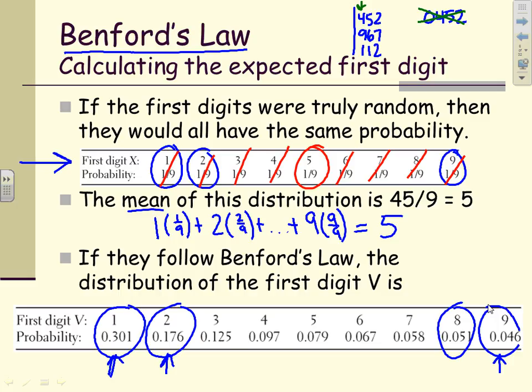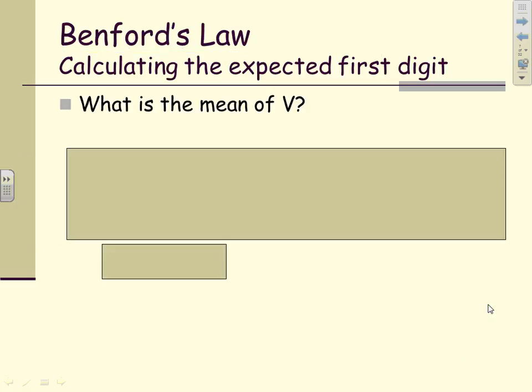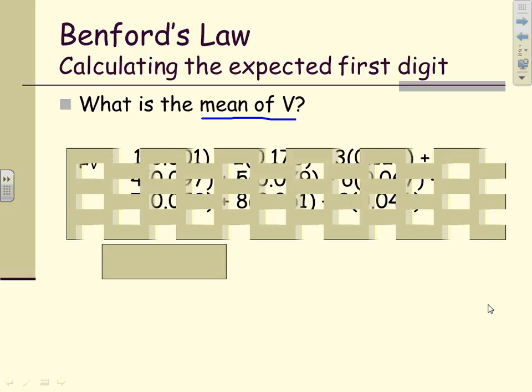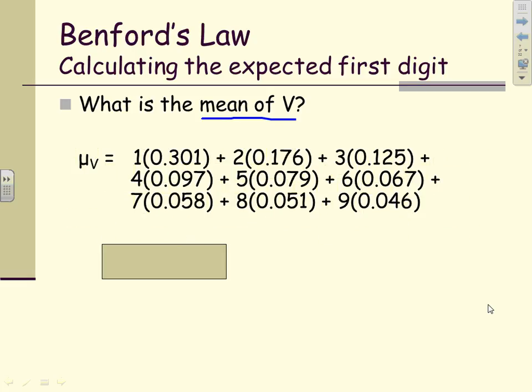It's more of, like I said, an economics topic. Now, if we were to try to find the mean value of V, where we defined V to be this Benford's Law distribution, well, all we would do is take, as we did before, 1 times 0.301, because that is the x value times the probability of x, and that would be for 1, and then add that to the x times the probability of x for 2, and just keep going all the way out.